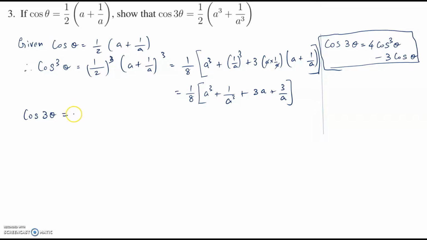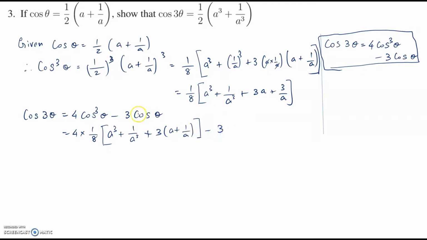That would be equal to 4 times cos cube theta minus 3 cos theta. This is from here. This is a formula. And we have found cos cube theta to be equal to this expression. So let's substitute here. So 4 into 1 by 8 into our expression is a cube plus 1 by a cube plus, we can take the 3 out common, 3 into a plus 1 by a